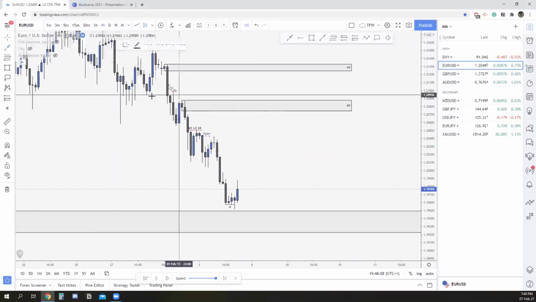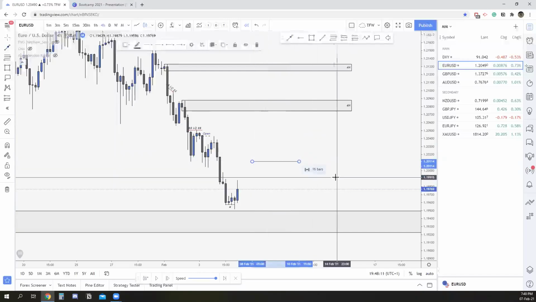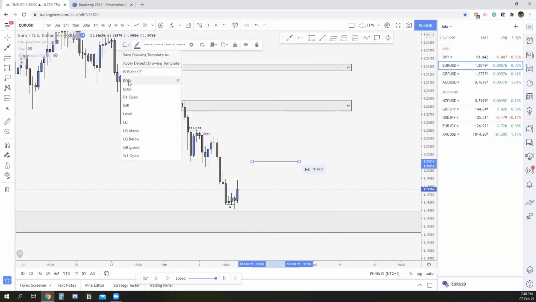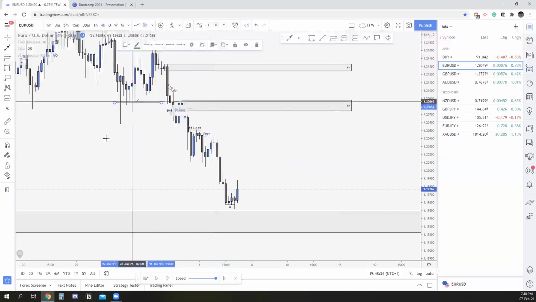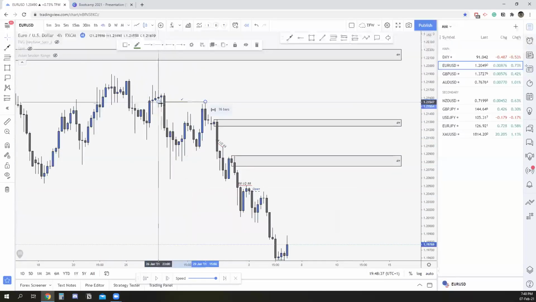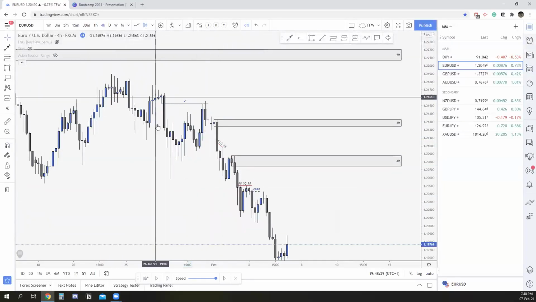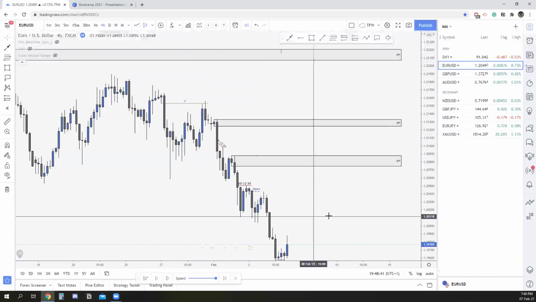We're all going to have the same drawings, the same breaks, because you can see I have them as well. I'm using the arrow, then I have here break of structure to the upside, break of structure to the downside, the daily open, imbalance, just a simple level, liquidity grab, liquidity above, below. And the difference is where the actual text appears. I have it on top if it's liquidity above. If it's below, I'll have it on the bottom. Mitigated also, I use this one when an OB is being mitigated. So for example, this one right there, I'm going to do it like that, so that I know that the market already tapped into it, and then we're going.